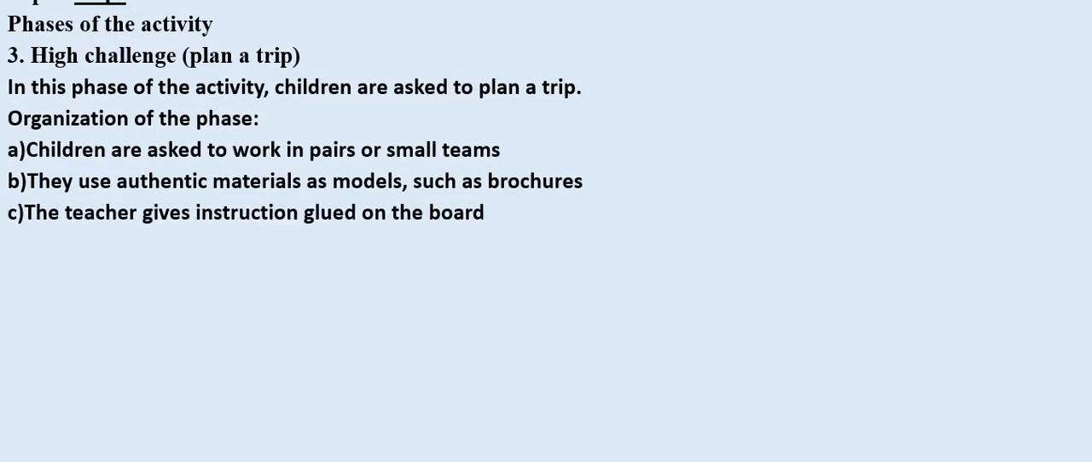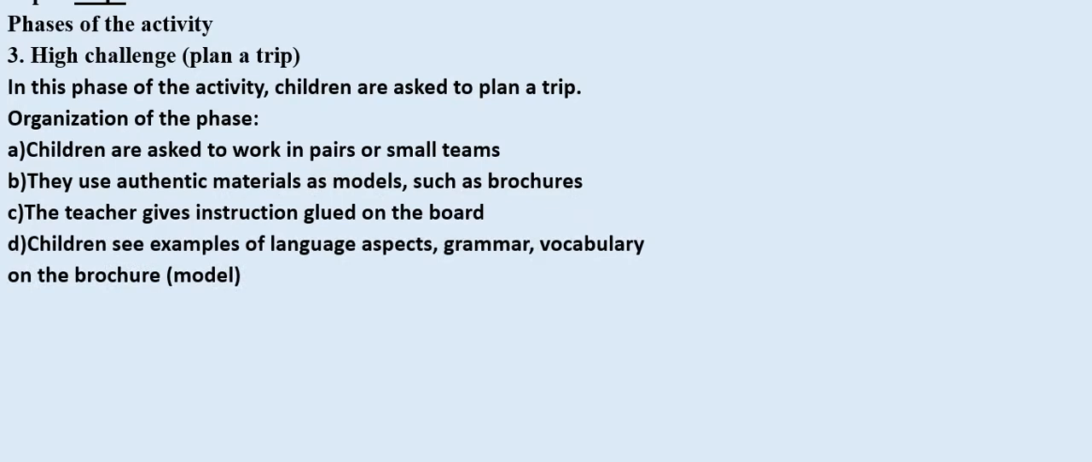The teacher gives instructions glued on the board, so they have them visually. You can write it on the board, or you can have them prepared in advance. But it's important that they see what you are explaining. The instructions have to be there, so children have to see the instruction. Children see examples of language aspects such as grammar and vocabulary on the brochures. Remember, they have a model, so they can see examples of how to use them. And this is very important because they are using authentic